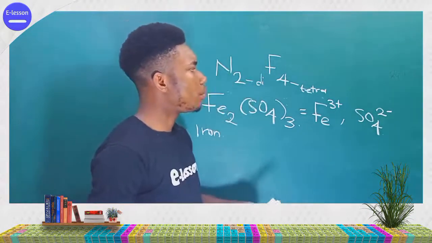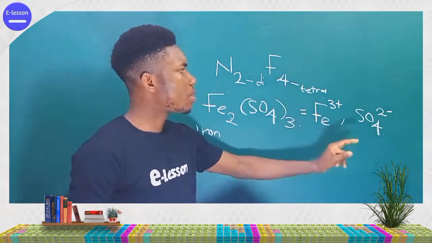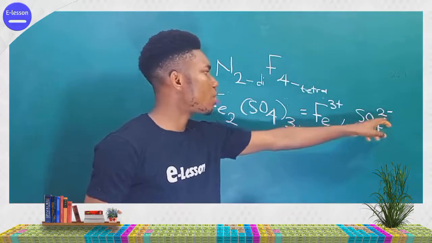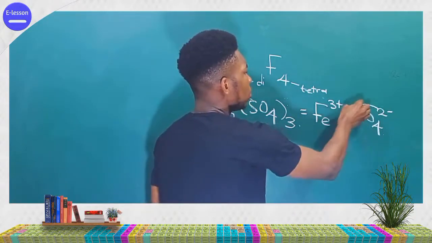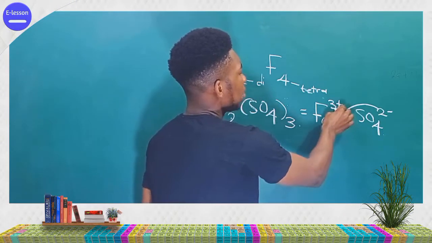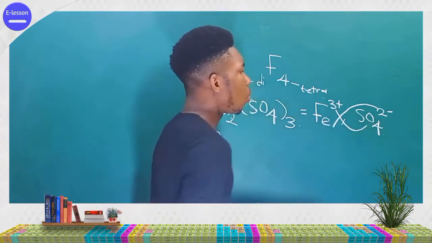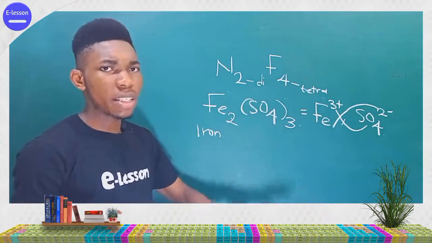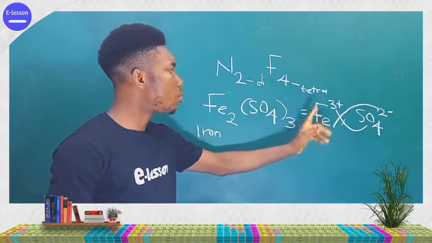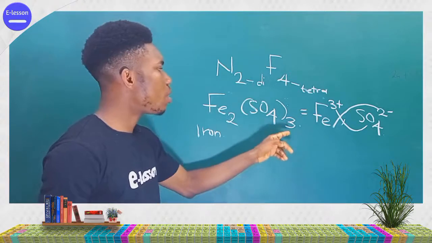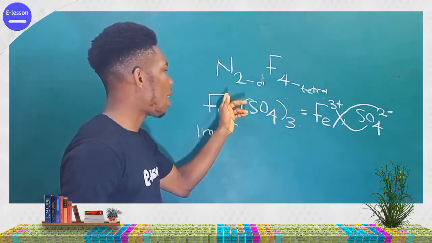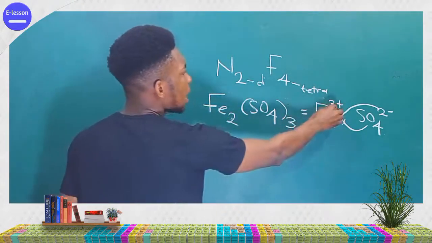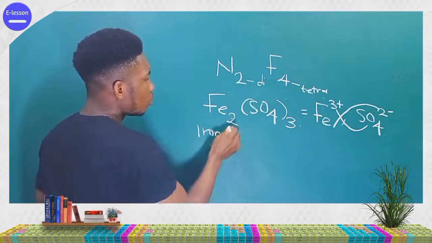The reason is that when a bond is formed, what usually happens is that these two exchange ions in such a way that this one gives its ion to iron, and then iron gives its ion to sulfate. So whenever you want to break it down to determine the oxidation state of the iron, you need to reverse the process in such a way that the iron takes back its ion, and then the sulfate takes back its ion. So what are we having here? Iron 3, isn't it? Iron 3, not these 2 here.